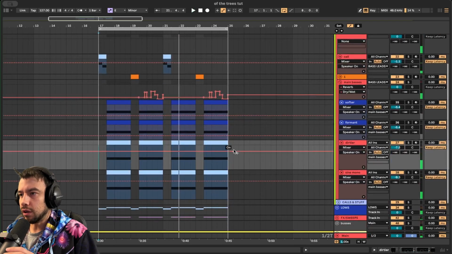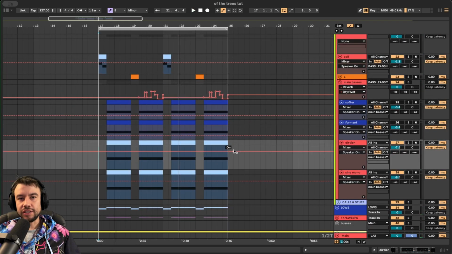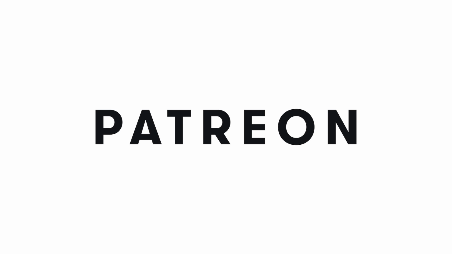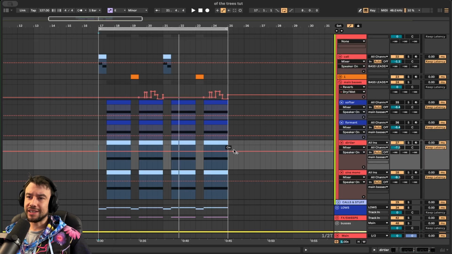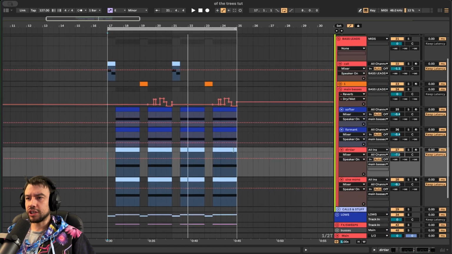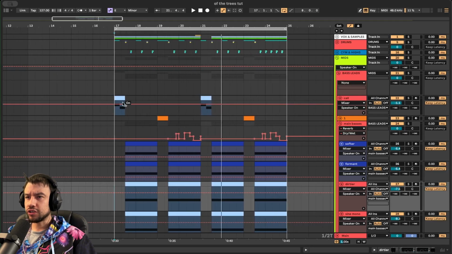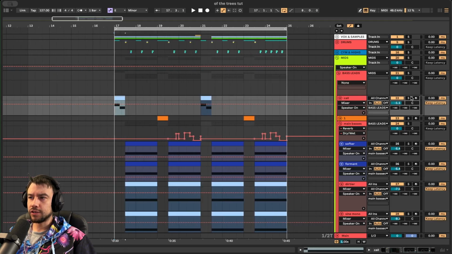I'll show you all of these basically, and remember these presets will be in my Patreon if you guys want these presets right off the rip. Otherwise, I'm going to show you guys how to make them right now, and the full project will be in the Patreon too. We're going to start with the call bass because this is the